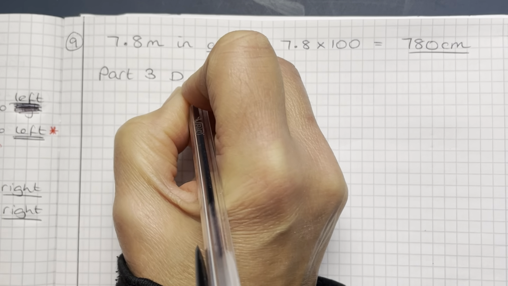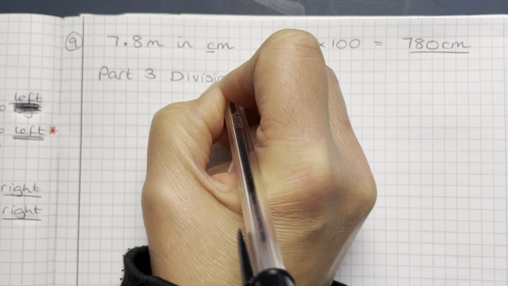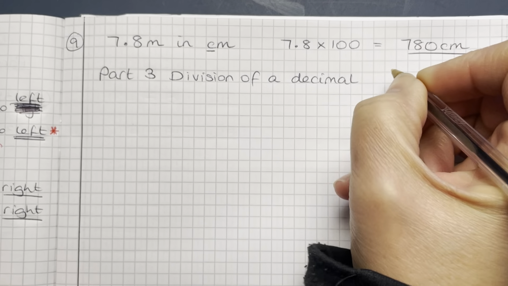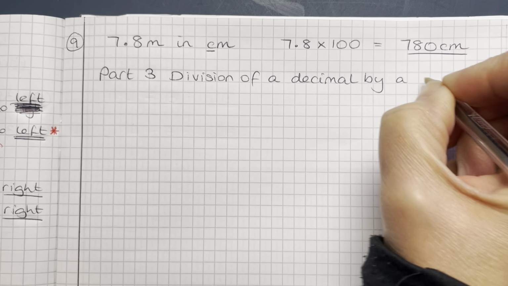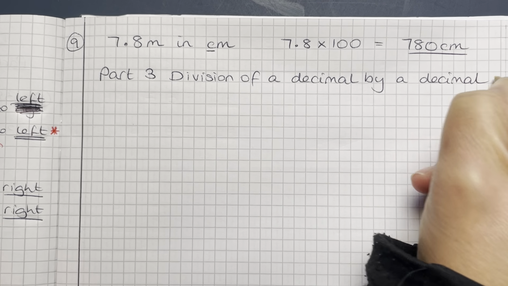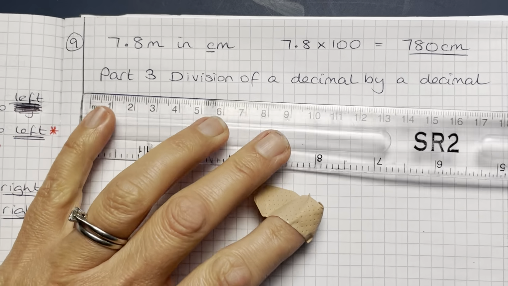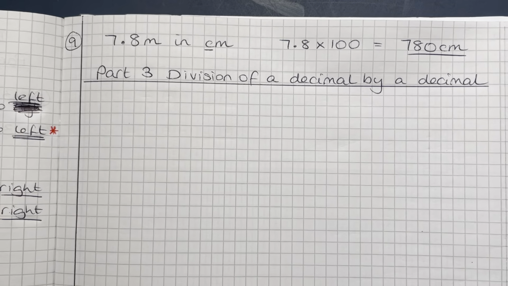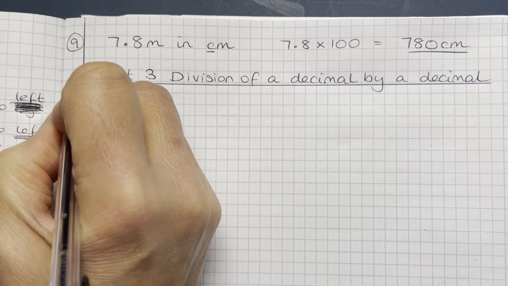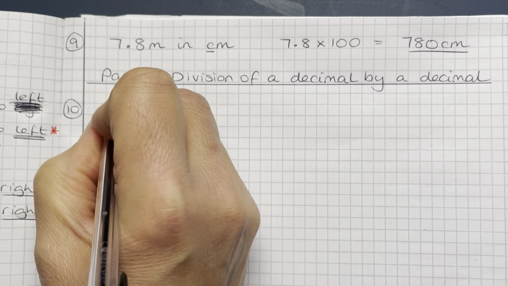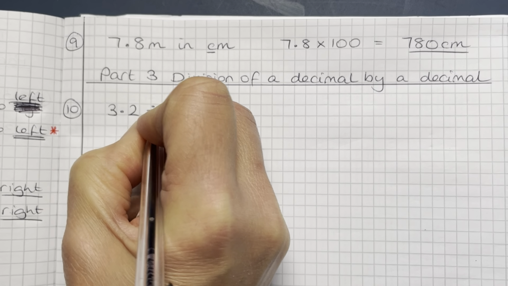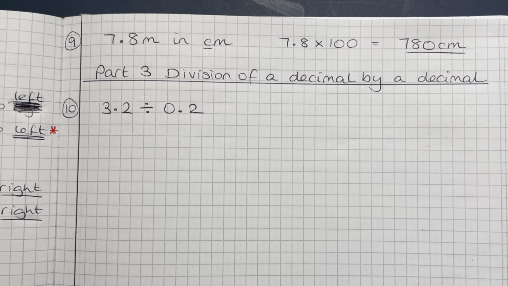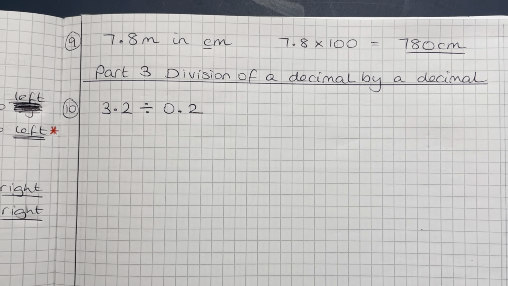Okay, finally, part 3. This is division of a decimal by a decimal. Right. So here's my question. 3.2 divided by 0.2. Let's just pause and look at that for a moment, because this is the type of question that can